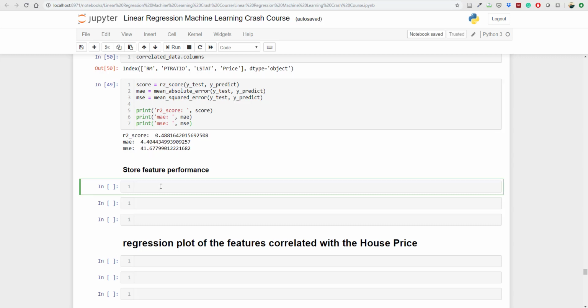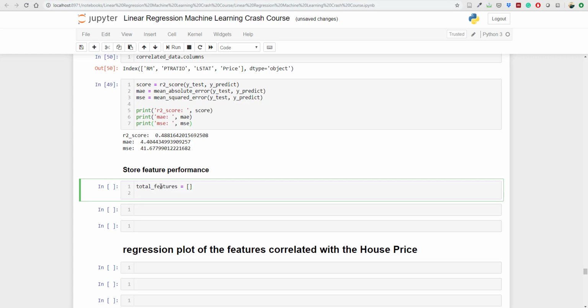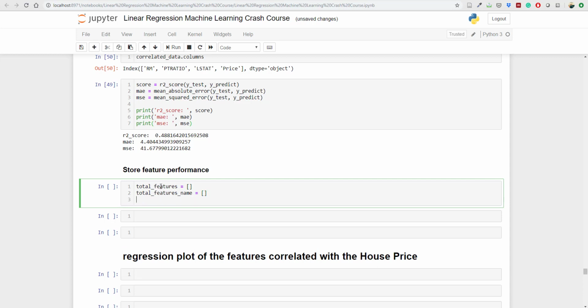Now let's go ahead and write a function to store the features. So we are going to store the total features here. In the total features we have a list in which I'll store the total features which we are using to train our model, and then we have here a total features name, and then we have here selected